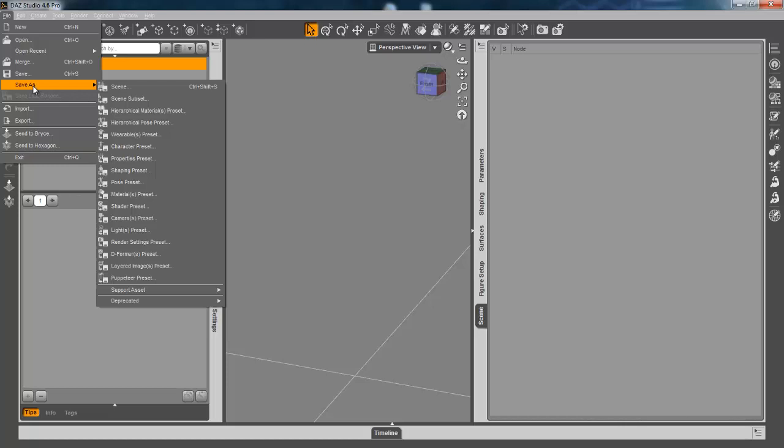Hierarchical material and pose sets, wearables, characters, properties, shaping, and this is for content creation most of the time, because it also has your support assets. So if you're saving a figure like jewelry and you want to save the support assets, which is basically the OBJs and all the information about the object, though DAZ Studio saves it as data and UV sets. And deprecated will allow you to save as DS4 and I believe it is 3